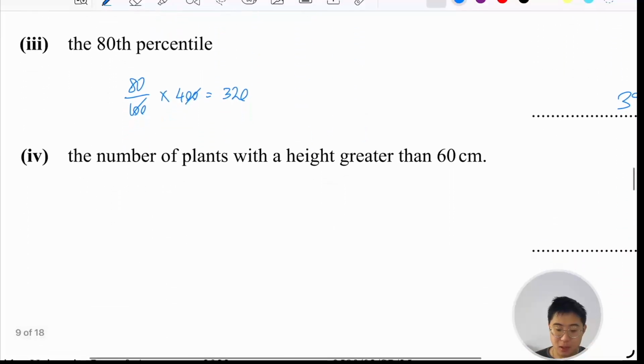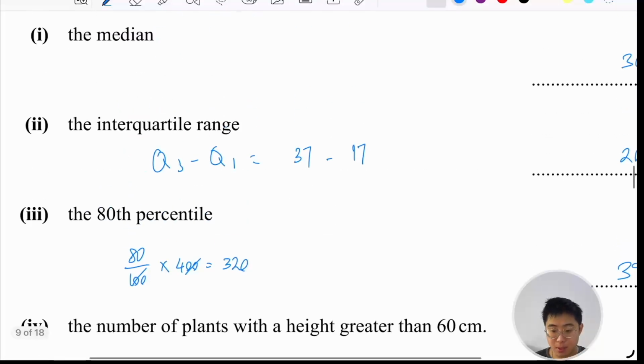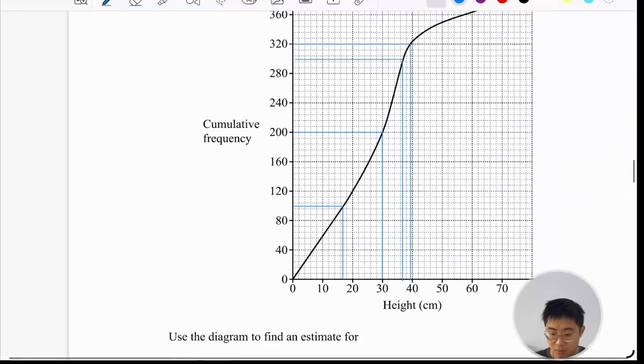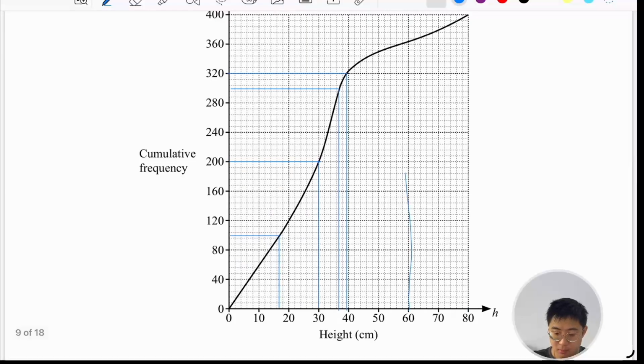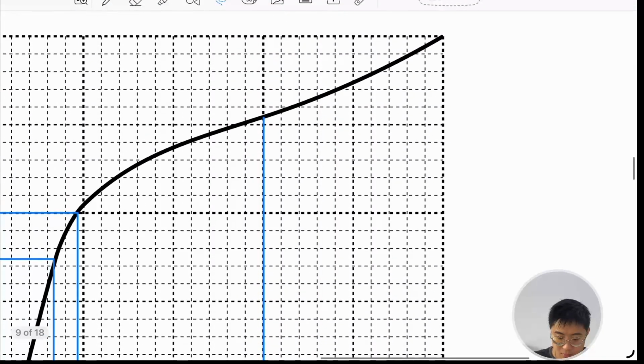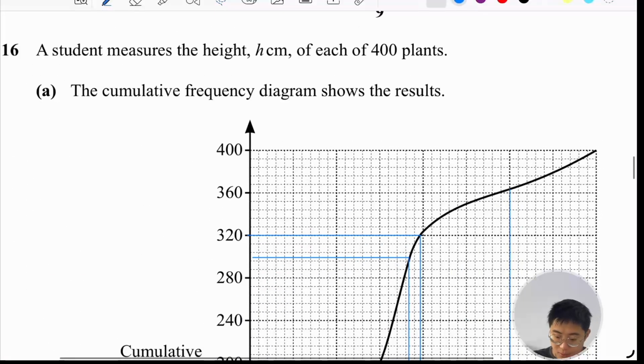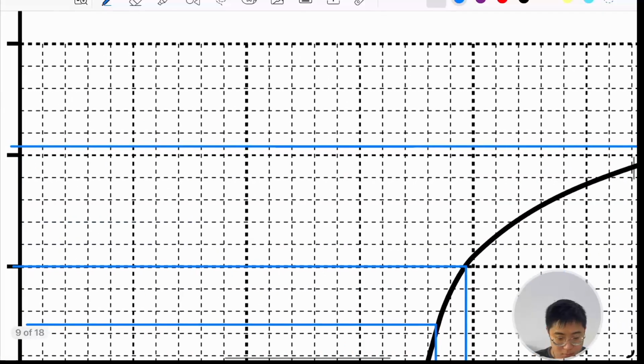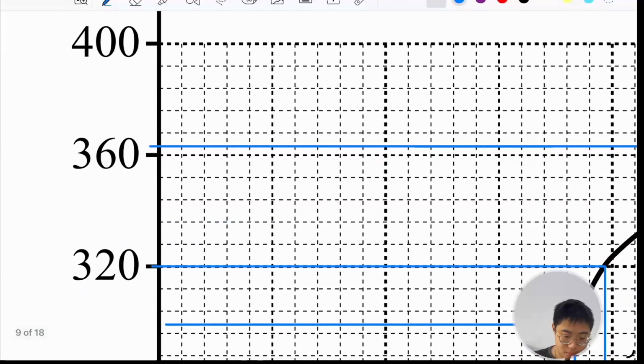Number of plants with height greater than 60 cm. Okay, so 60 cm is here. Let's mark it. Okay, you can see I marked 60 cm here. And let's find out. Okay, so that looks to me like if this is 380,